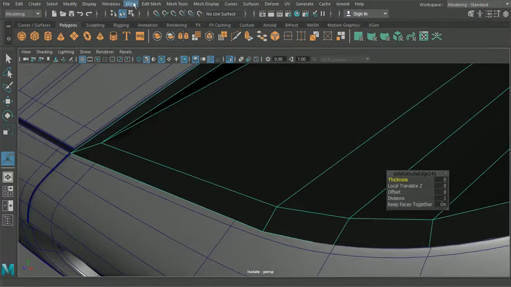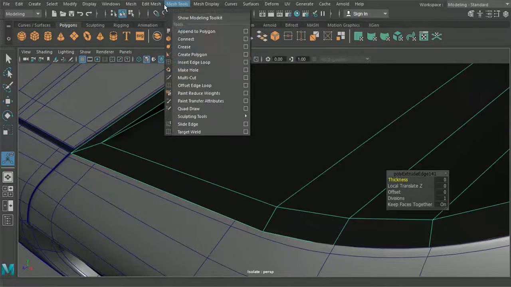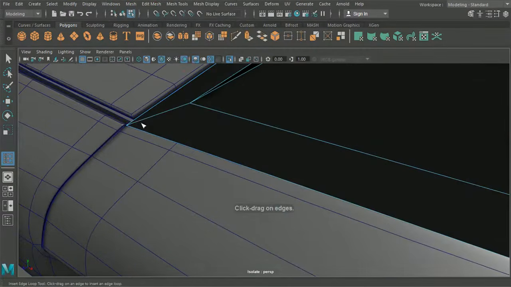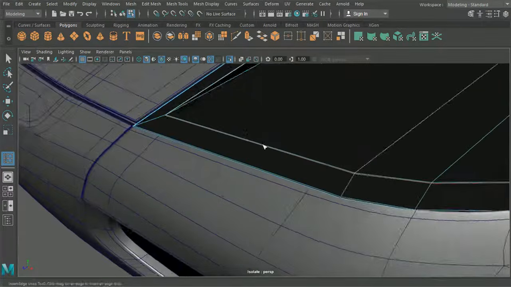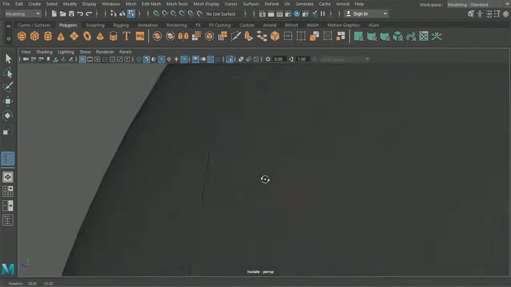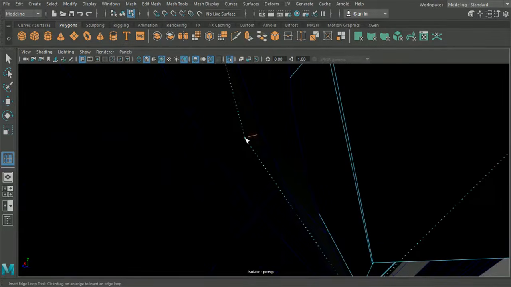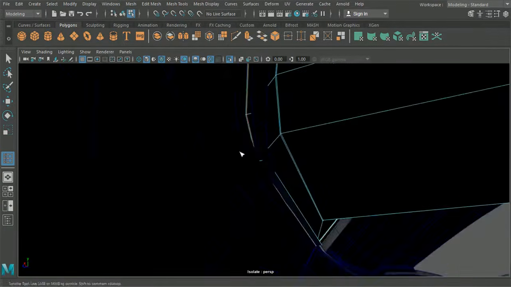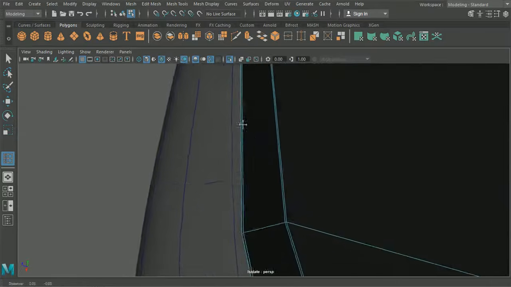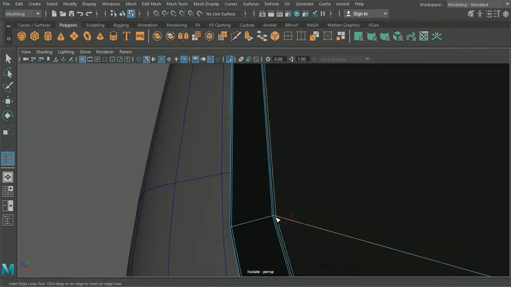Now what we're going to want to do is insert some edge loops here. And we'll go around this and this, just to help make sure that we're maintaining that level of thickness down there. And we'll also go on this underside here. We'll go on here as well.